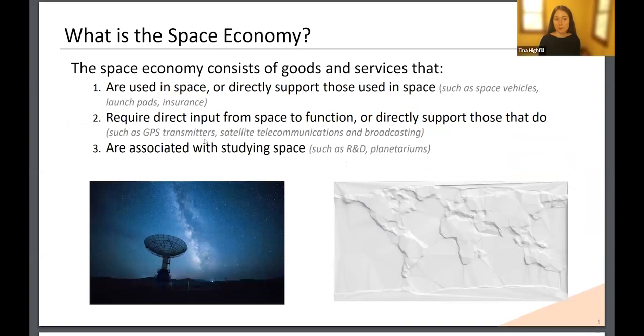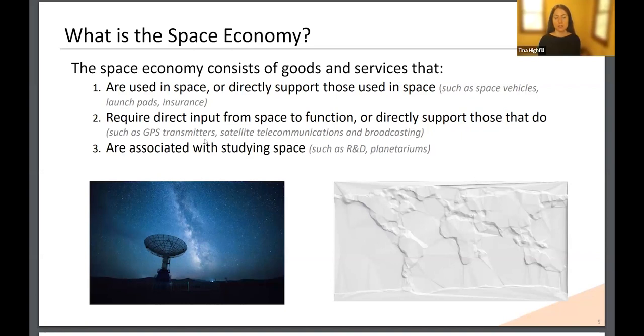What do we mean when we say the space economy? We have three criteria that we came up with, and this is based on past research, most notably from the OECD, but other groups as well. This took a lot of time to come up with these three criteria. So we consider the space economy